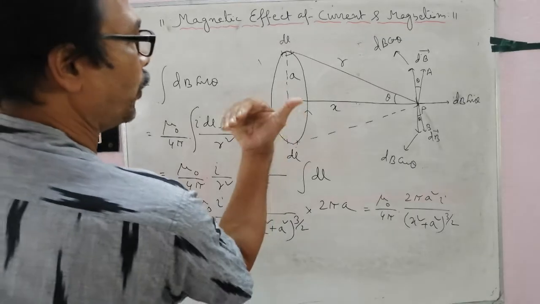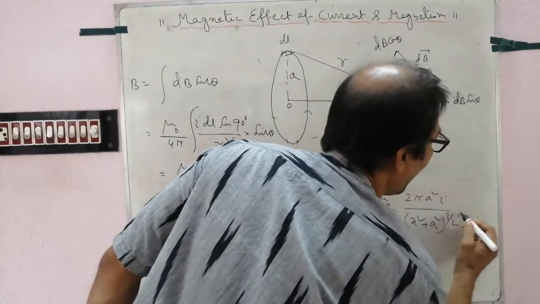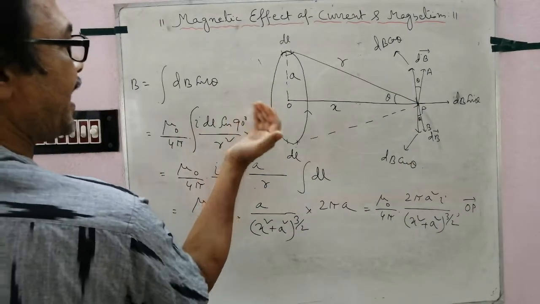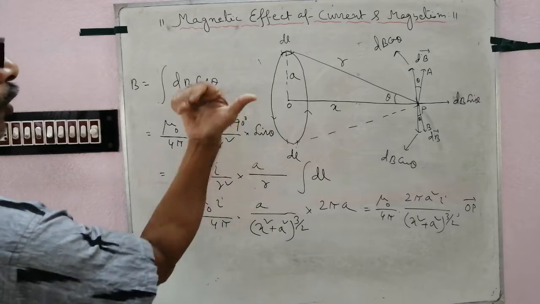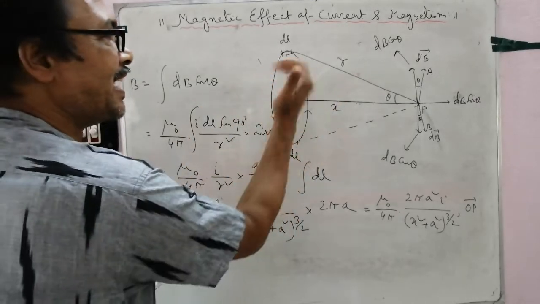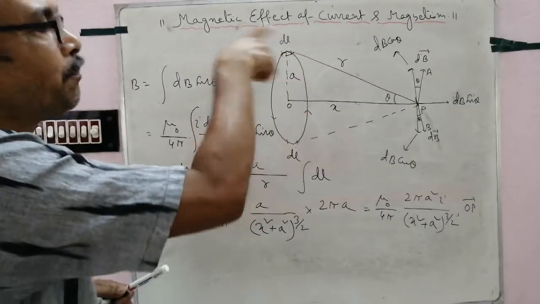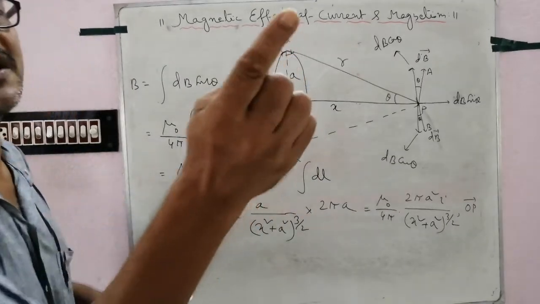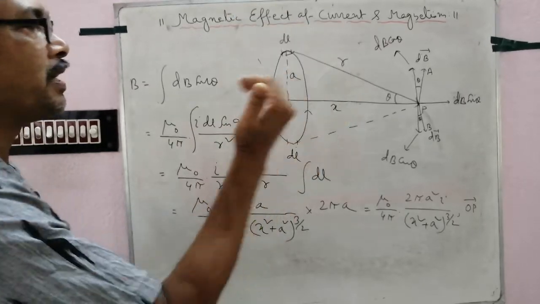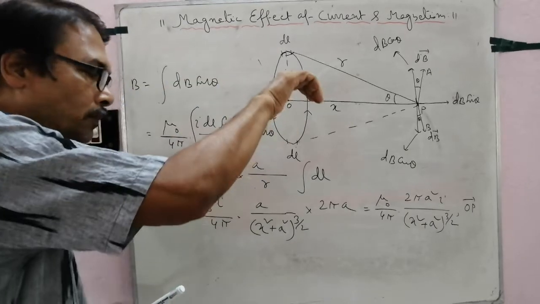Direction of the magnetic field follow OP, towards OP. The current is in the anti-clockwise direction, so the field is outward, towards the reader, according to the figure. If the coil is on the plane of the board and the axis is towards you, the direction is OP, outward. If the current is in the opposite direction, it is PO.